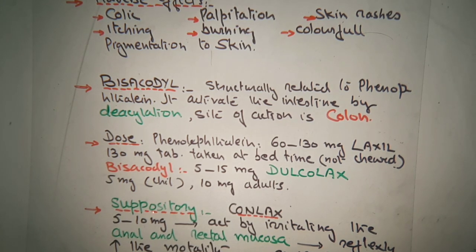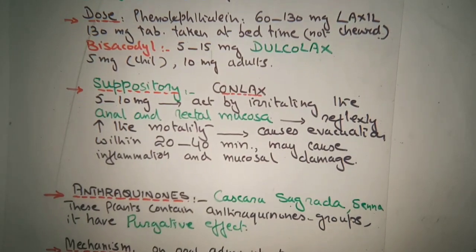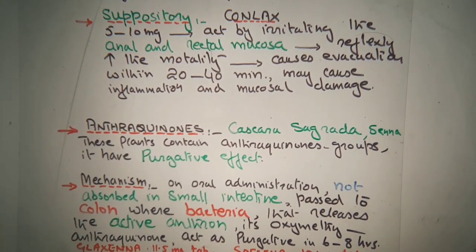Now suppositories, which is known as the bisacodyl suppository. What is a suppository? Suppositories are drugs which can be given through the anus. Particularly these suppositories are used for evacuation of the bowel before surgery, in the form of enema. Enema is given to the patient before surgery to evacuate the bowel, right? Or the colon.